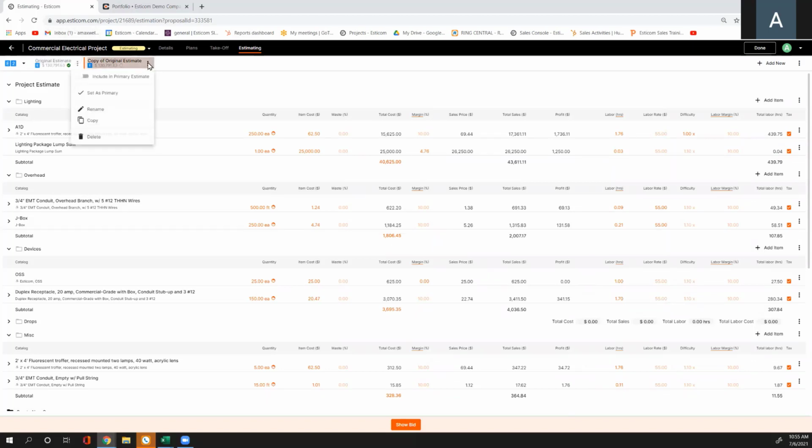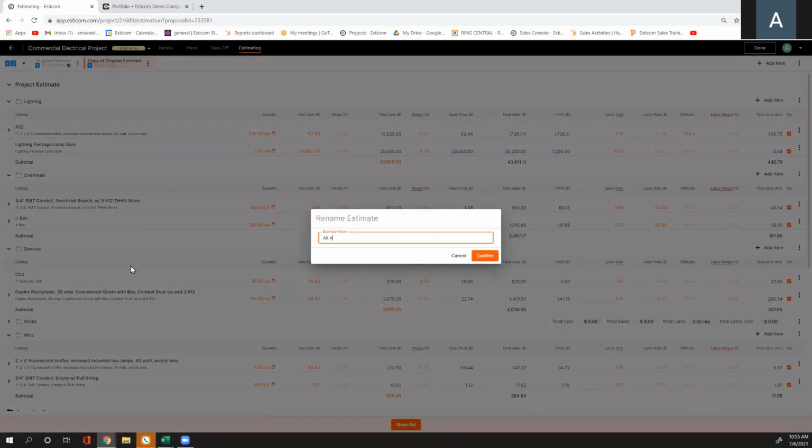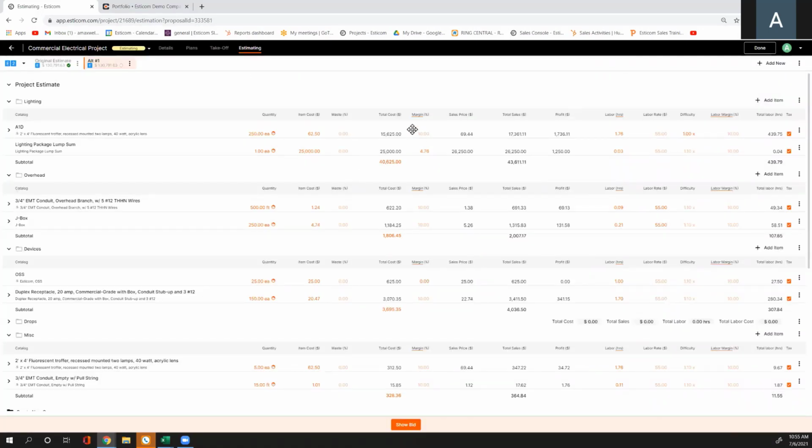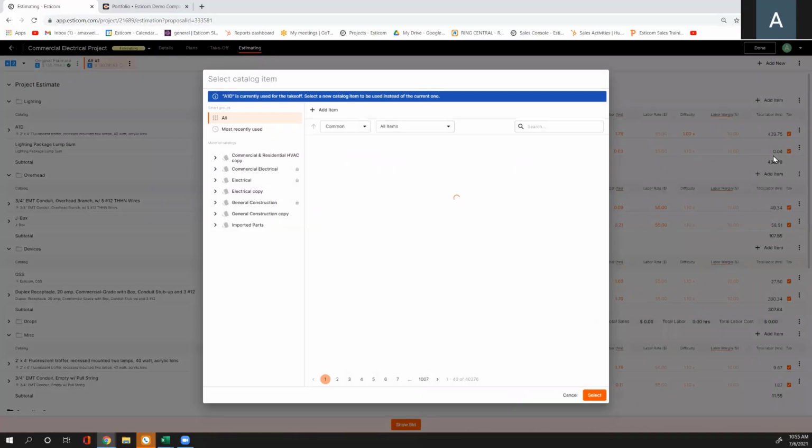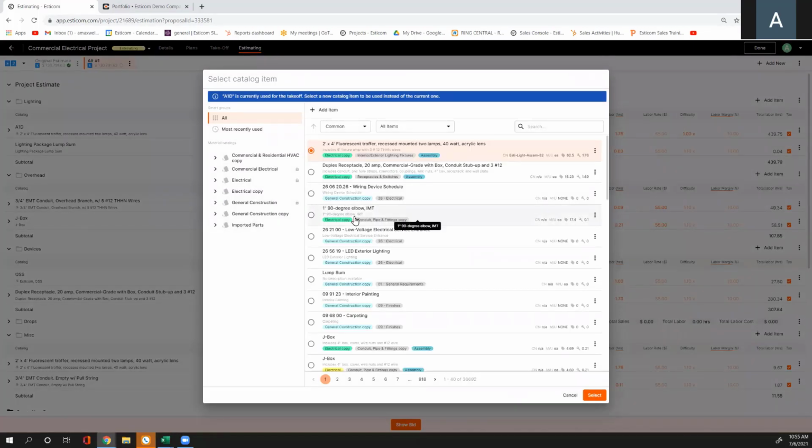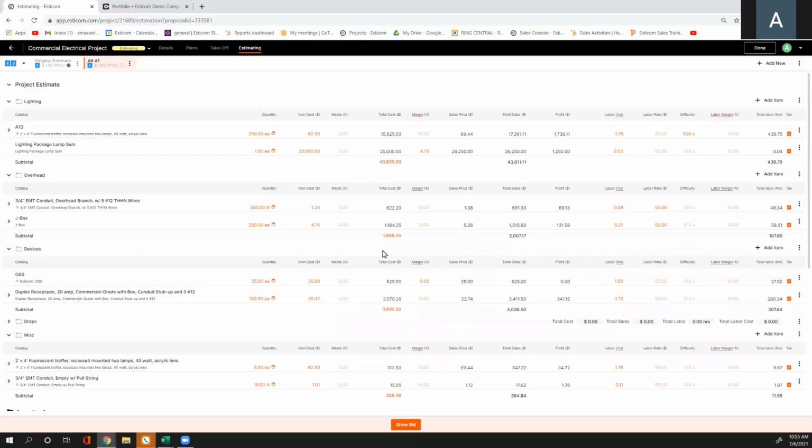I can hit these three dots right here, rename this accordingly, and then I can go through here and manipulate this estimate in any way, shape, or form. If it's just a different manufacturer and I want to keep my quantities, I can come over here to the right-hand side, hit these three dots, hit replace item, and just swap it out with a different item within my database without having to redo my estimate. I can also add additional items, remove items, and then what that does, it creates a modified version,